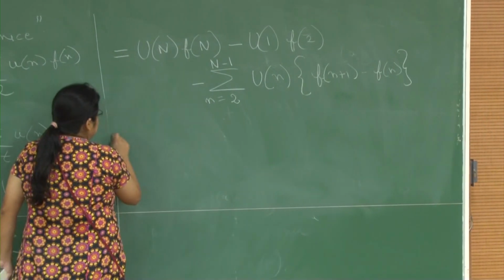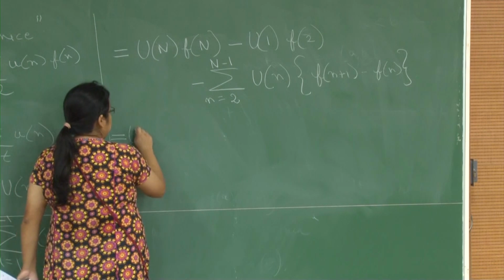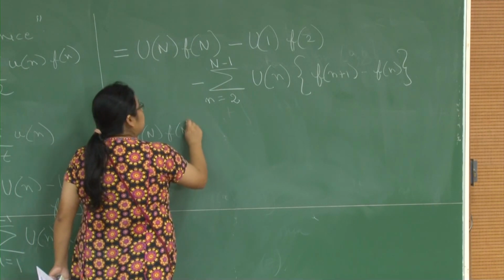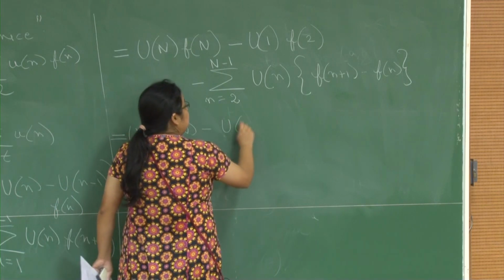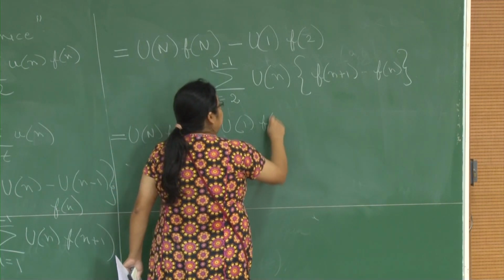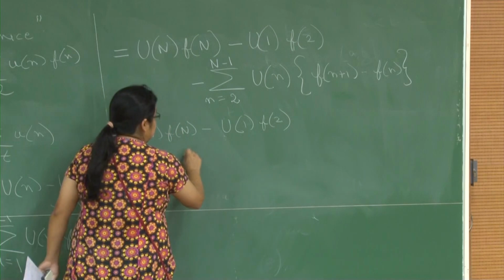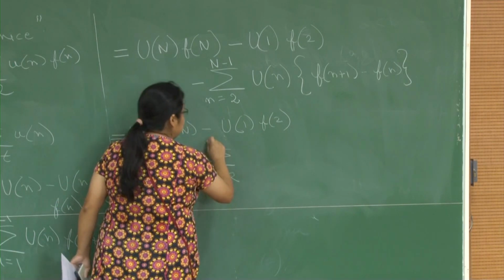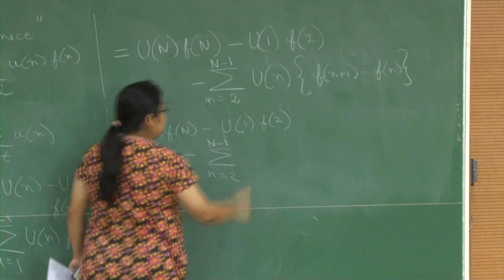Then this turns out to be equal to u of capital N times f of N minus u of 1 f of 2 minus summation n going from 2 to N minus 1